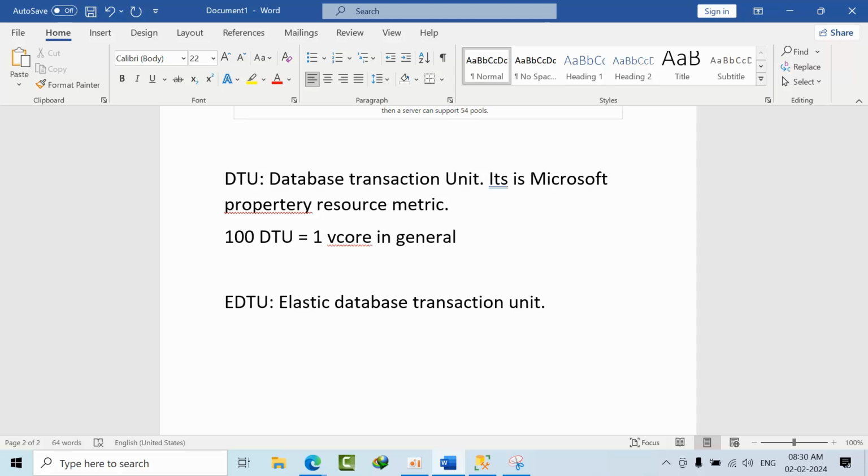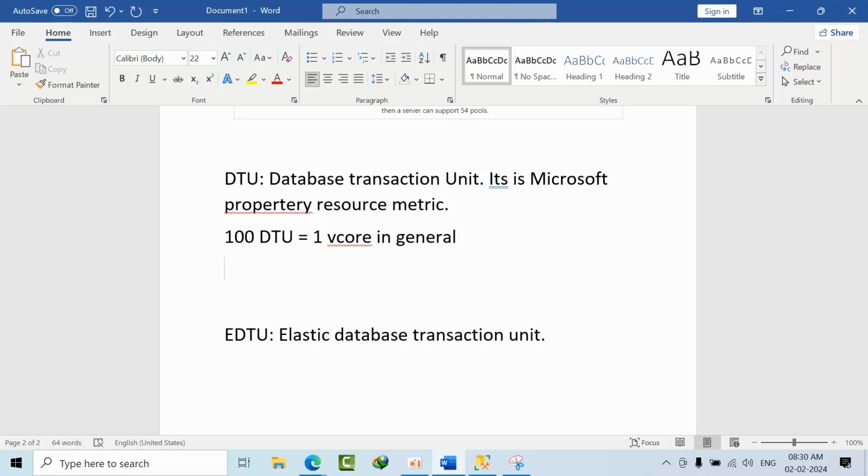In addition to CPU, some memory and some storage IO, input and output, is also part of the DTU, but Microsoft is not going to reveal that to us. Generally consider 1 vCore equal to 100 DTUs. You need to say this in the interview: DTU stands for database transaction unit, it is a Microsoft proprietary resource metric, and 100 DTU is equal to 1 vCore.